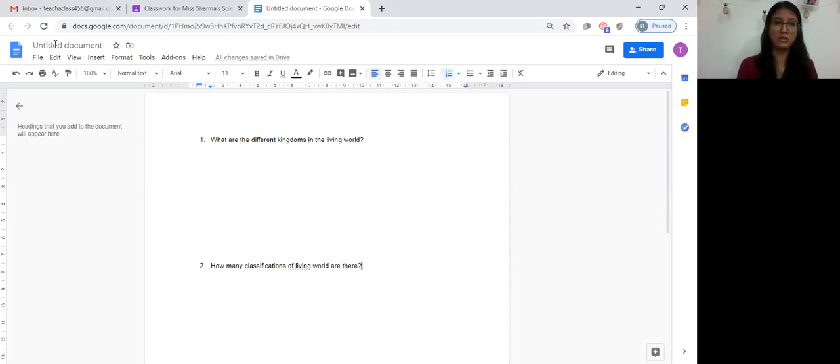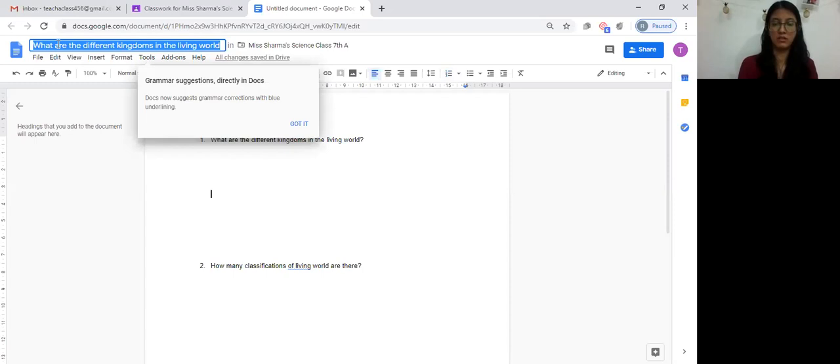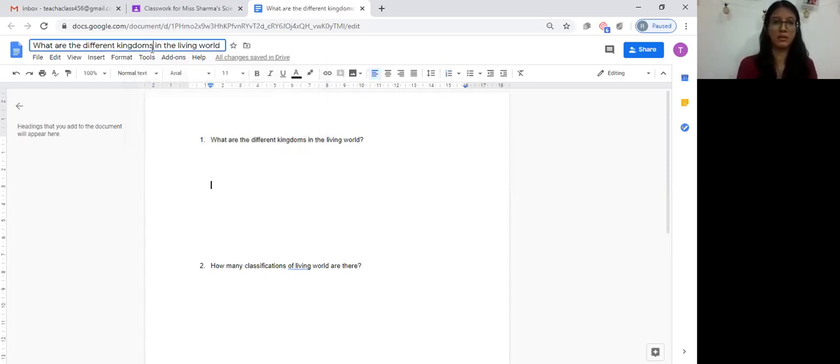What I will also do is change the title of the document by simply going over to the name. And if you can see, this is getting stored in Ms. Sharma's science class 7th A on my personal drive, on my Google Drive. So what it does is it creates a folder for you in your Google Drive of your class. And in that, all of these documents will appear. Once I'm done with this document,